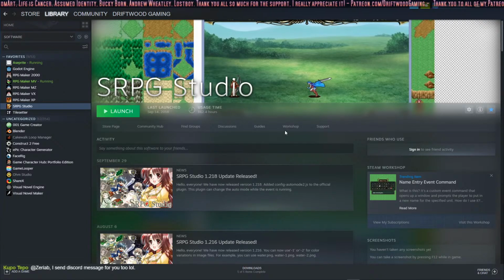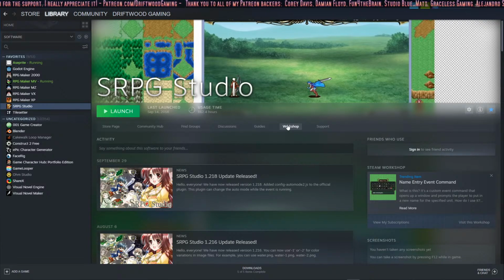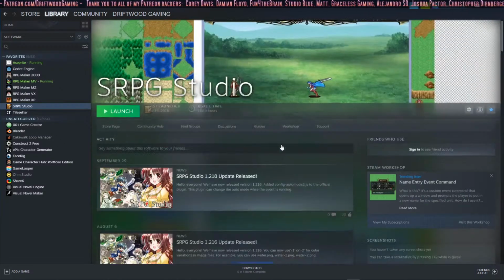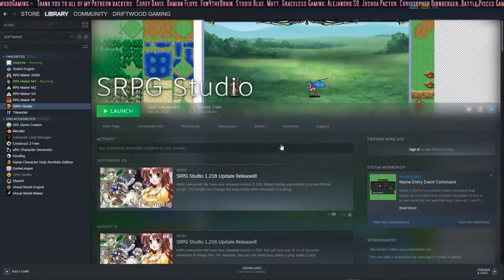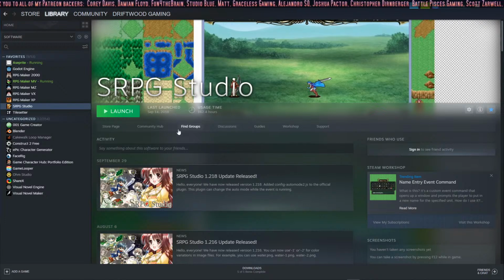It's not the worst engine I've ever used, but I would not recommend it. I guess I'll leave it right there. If you do have it and you do like it, I'm not trying to rain on your parade. I actually made some tutorials on it, and I gave it a fair shake, so I can say with some certainty that I do not prefer it when you have all these other engines. If I wanted to make a game like this, I probably still wouldn't use SRPG Studio. If I wanted to make a Fire Emblem game, I would probably use Godot.